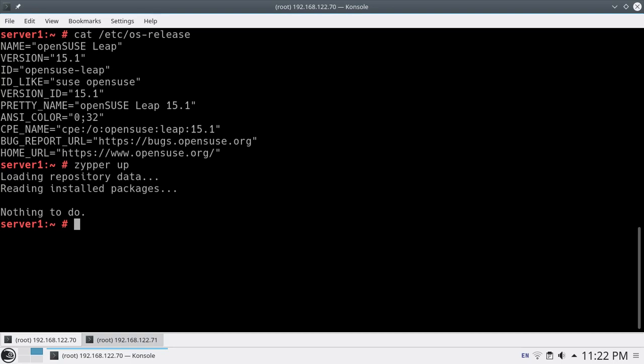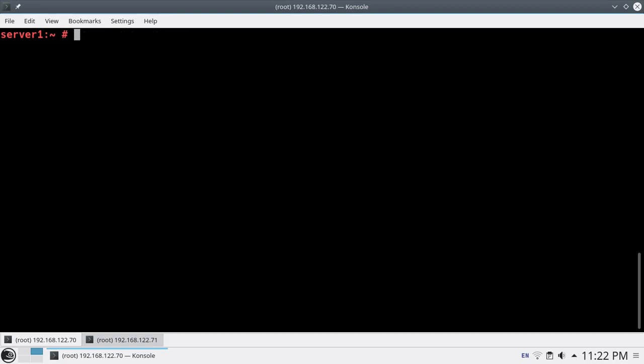After doing that, you do a couple of checks. First, check the date on both sides to make sure you have the same date assigned. Here you can see 11:22 p.m., and similarly 11:22 p.m. on the other. In a production system you should have NTP configured so that both the servers are in sync. This is the first thing you need to do.